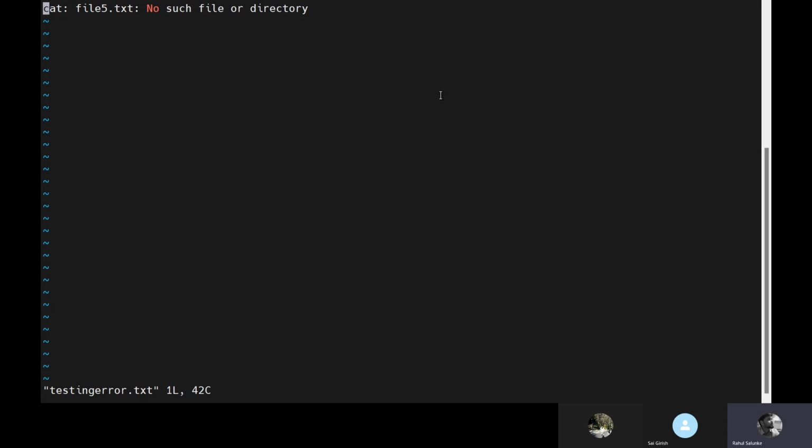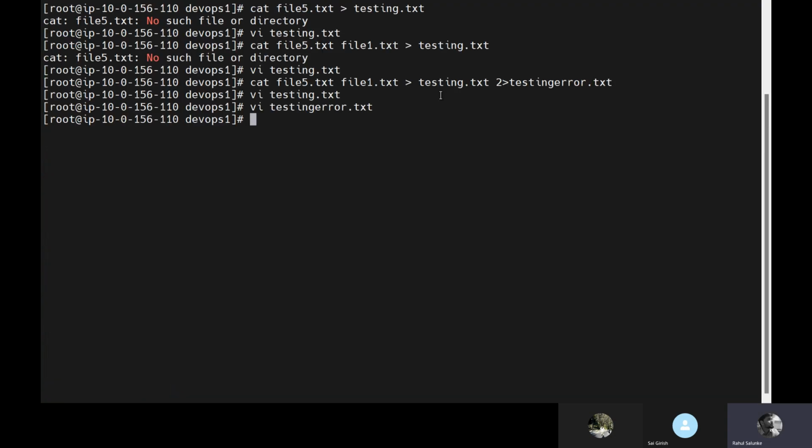So this is how you can use the redirection for standard output and standard error. Using two greater than sign, you can redirect any error output to any file you want, with a simple redirection. And if you want to redirect both outputs, error plus your correct output, to the same file, then you can use